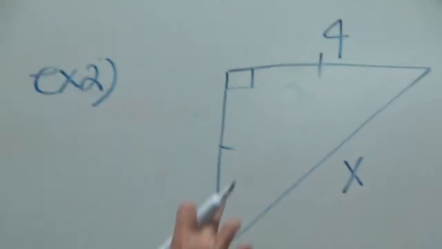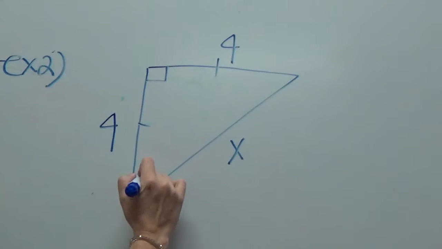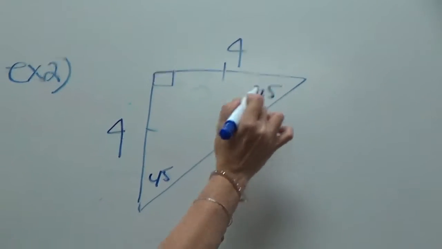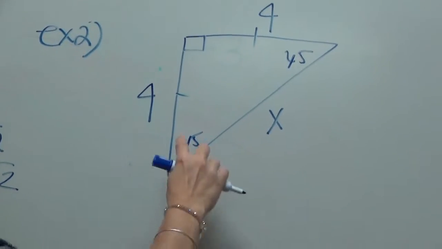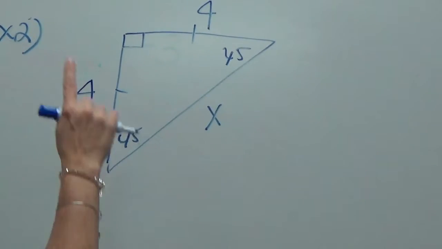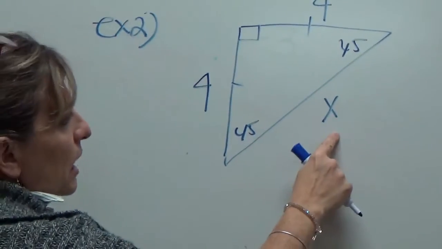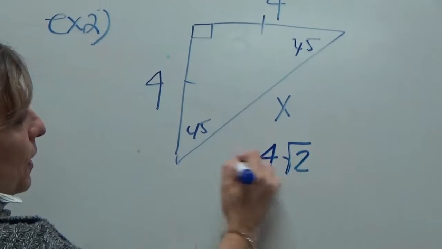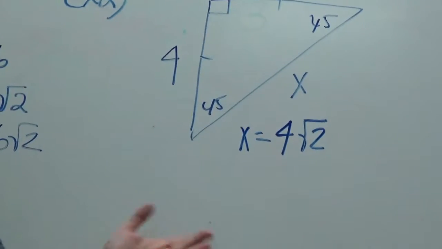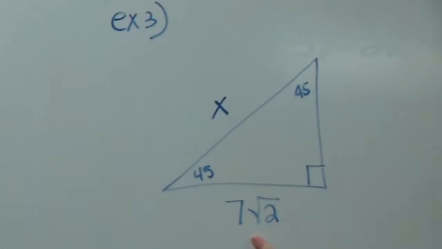All right, so let's look at this one. This tells you again that these two sides are equal, so that's 4. This is 45, this is 45. I know that base angles of an isosceles triangle are equal. And I know they're 90 divided by 2. So if this is 4, this is 4, these are the legs. X is leg times square root of 2. Leg is 4, square root of 2. So x equals 4 square roots of 2. Pretty easy, right? Okay. Well, it gets a little harder when you have a square root of 2 as your